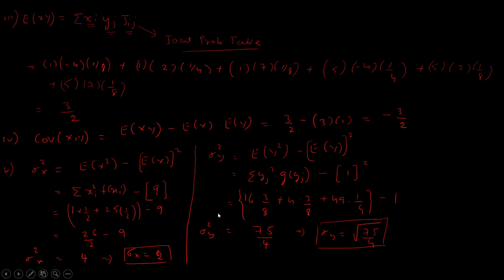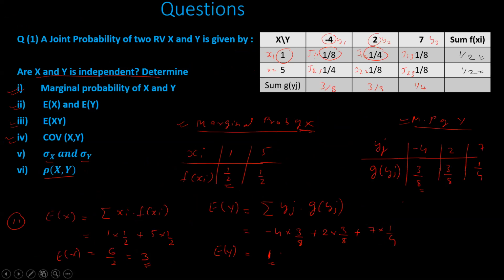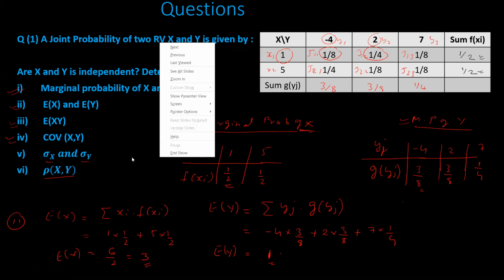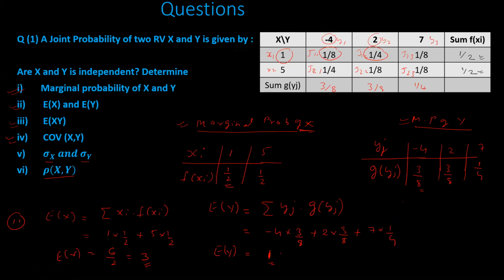So that is all. We have answered all the questions. If any doubt is there in any particular portion, please let me know so that I can go back to the previous part. Any doubt? Any doubt in this particular question? In one question itself, I have told you all the things: marginal probability also, how to find expectations also, how to find covariance, and how to find the correlation. In one problem only, everything is covered.